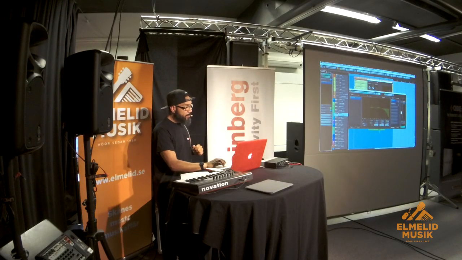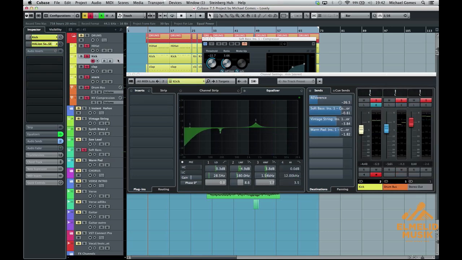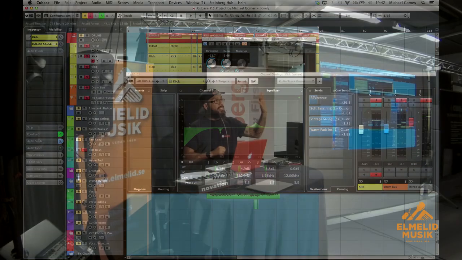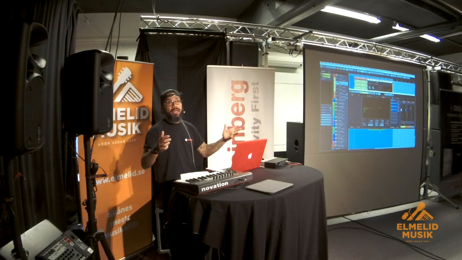And like I said, if you take a closer look here, I added somewhere around 187 hertz, and I did that because I want to give the bass a little bit more love on the low end than the kick. Okay, so I added to the bass, but I slimmed down the kick, because the kick and the bass,